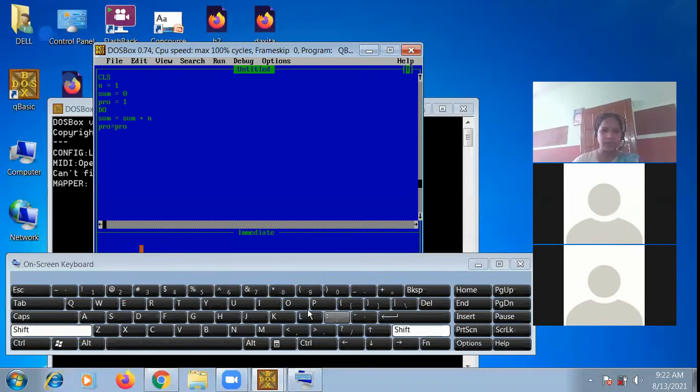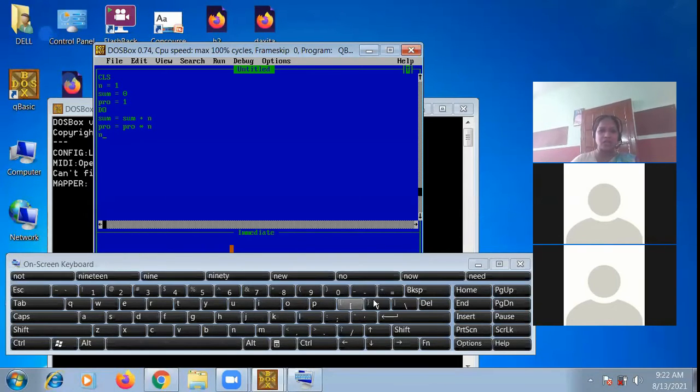Why is n used in both statements? Because the n value is increasing or changing.